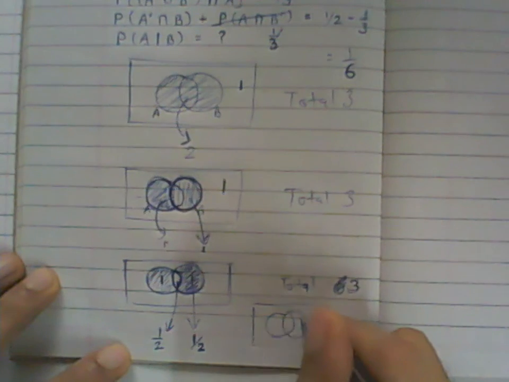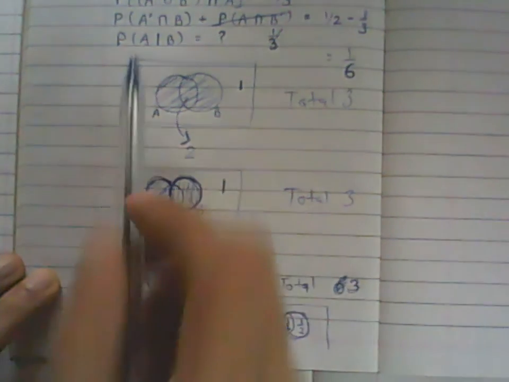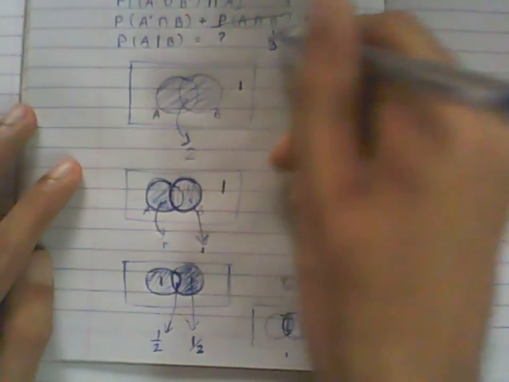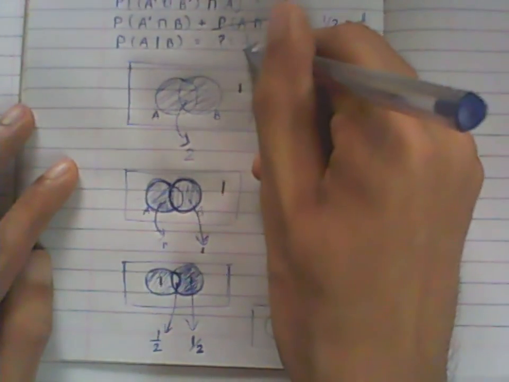So if I were to make another diagram, running out of space here, I know half of the articles are here and half an article is here. So my universe is this B. That's what conditional probability gives you. So the required probability is just this half divided by the total of my universe. Now my universe is just B, so it is half divided by the total, which is 1. So this is actually just half.